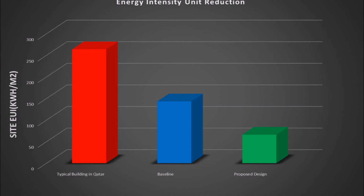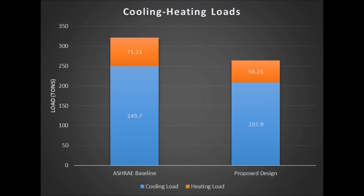By reducing the energy consumption of the building, the energy use intensity of the building was able to be reduced from 142.9 to 65.9 kilowatt hours per meter squared. Our building's EUI is still considered high for a net zero energy building. However, the climate of Qatar and the constant high temperatures have to be taken into account when evaluating this unit of measure. The cooling and heating load reduction is possible due to the heavily insulated wall construction that is proposed